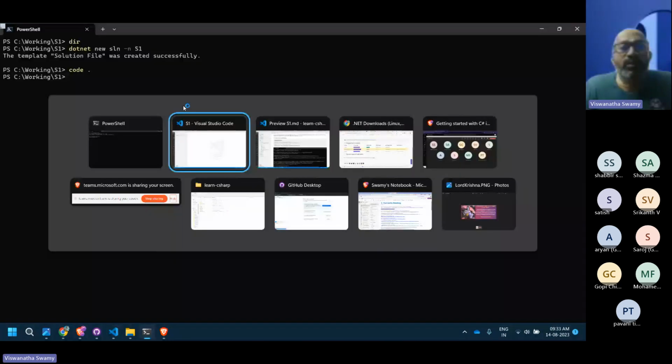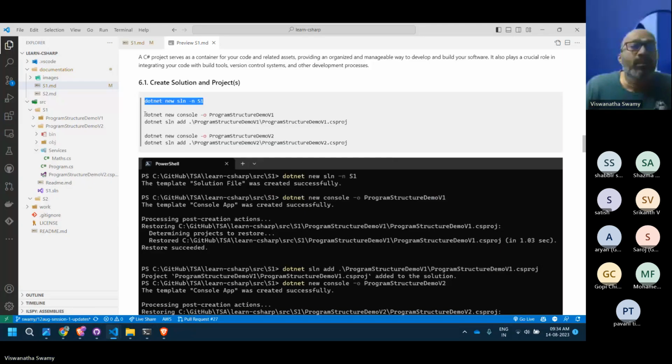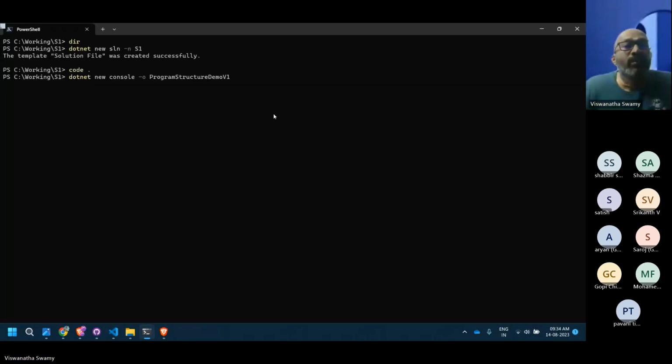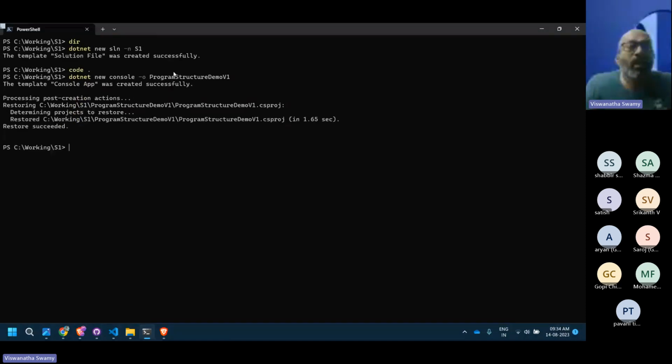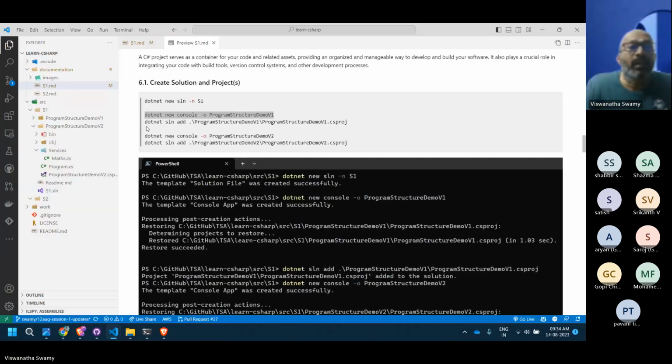The next thing we will do is stick to the terminal for a few minutes and then we'll come back to VS Code. So now I'm executing it. I'm telling it, go ahead and create a console application with output. -o is for output and it creates demo v1. And now I'm telling it to add this project to the solution.